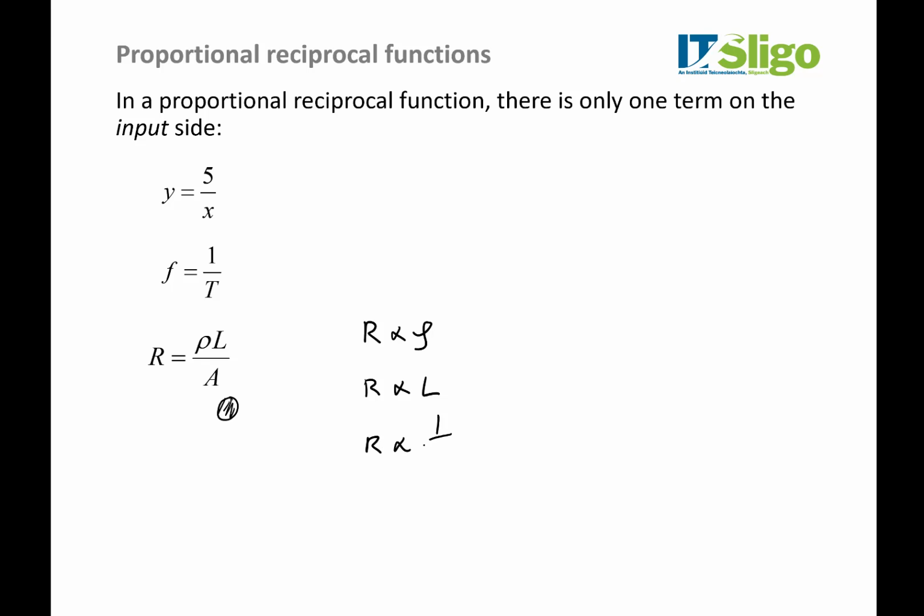Rho is proportional to 1 over A. So if we make the area bigger, the resistivity of the wire decreases. And that makes sense, because the bigger the wire is, the more room there is for current to flow. More current can flow, and that's the opposite to resistivity. So